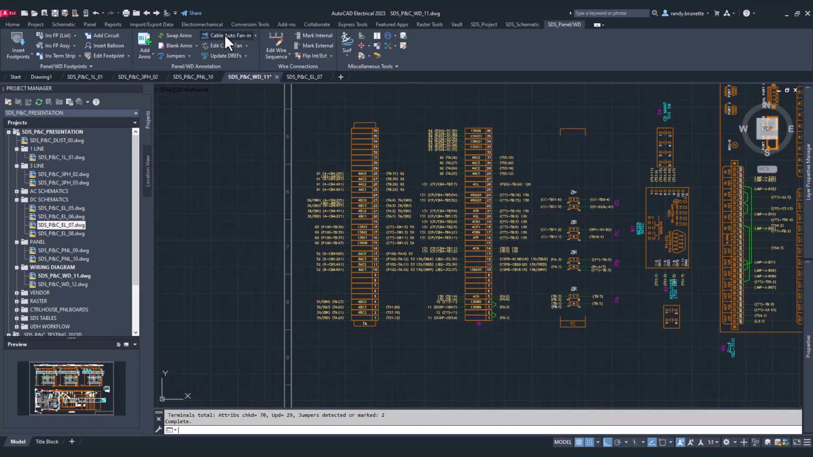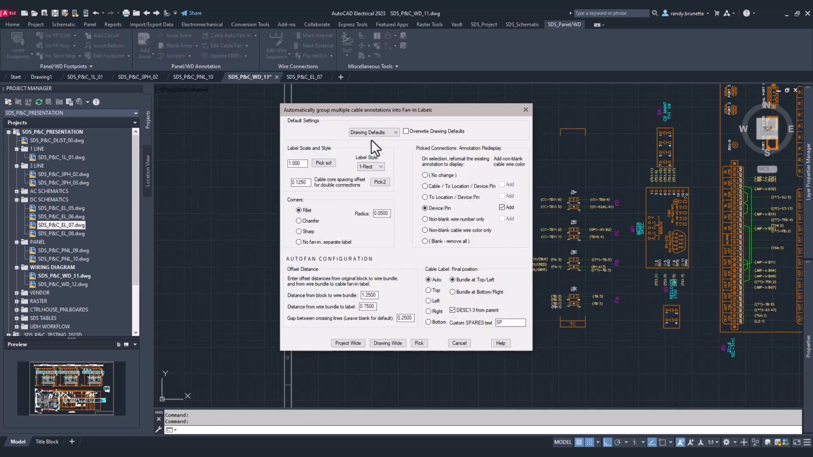Now let's see how SDS PC automates cable fan-in. We've done a lot of work in the schematics in this project, and traditionally, now we'd have to start again with the wiring diagram. SDS PC stores all the wiring connections in a database, so when it's time to create